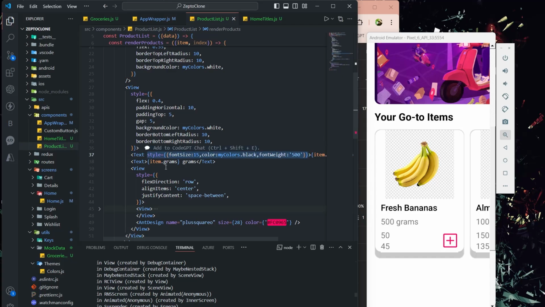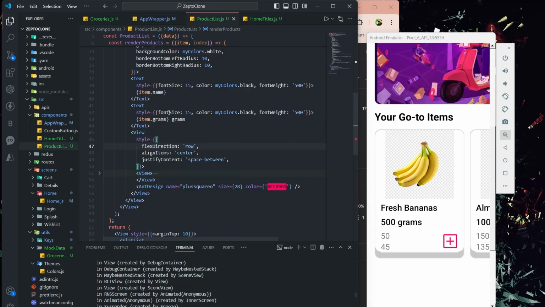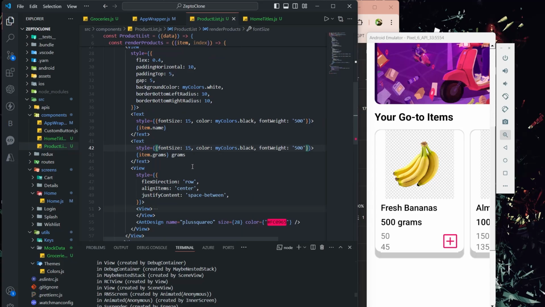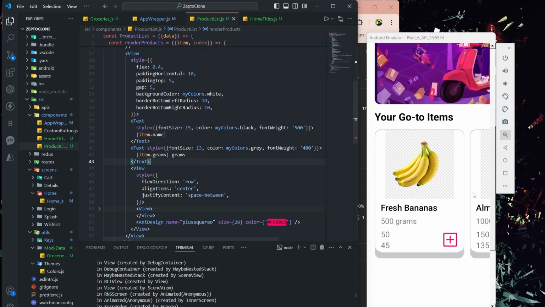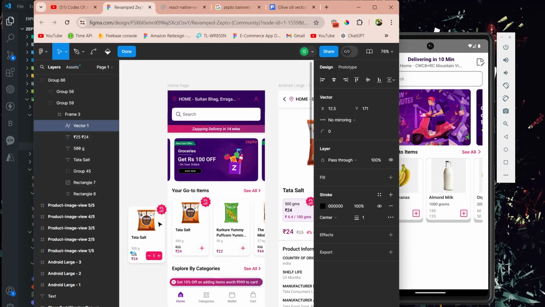In the same way, simply copy the style and let's pass it to this, and we'll do the modifications. I'll say instead of 15, I'll say 13, gray, 400. This is fine. Or else we'll say black only. Now this is fine. And when it comes to price, let's see how exactly